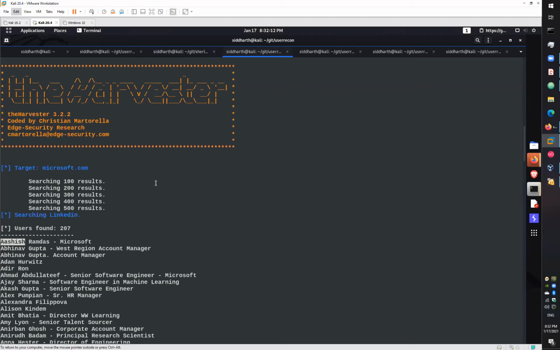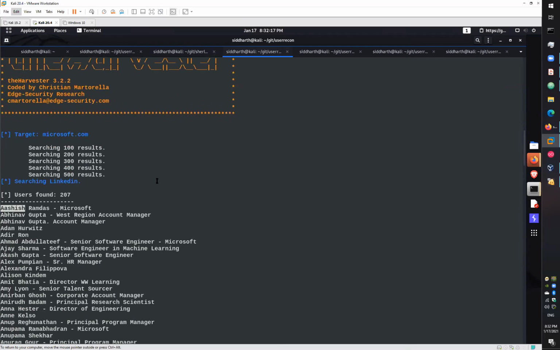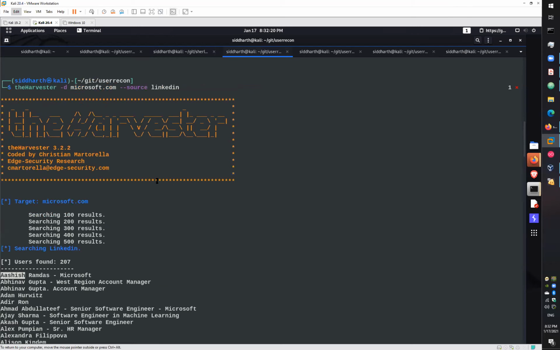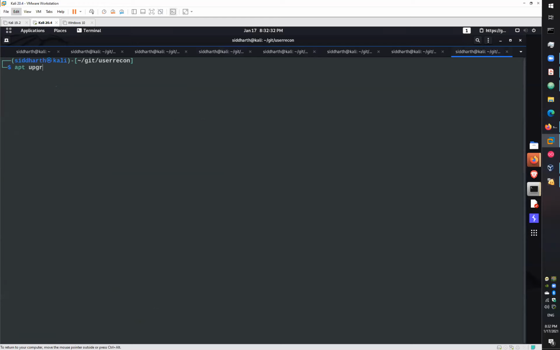Kali Linux already has Python by default, but if you want to upgrade, you can use commands like apt upgrade to upgrade all the packages Kali Linux has. Yes, you can use the command apt upgrade to upgrade the packages in your machine.